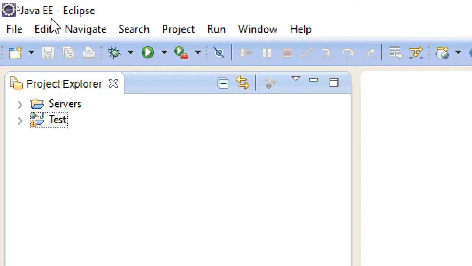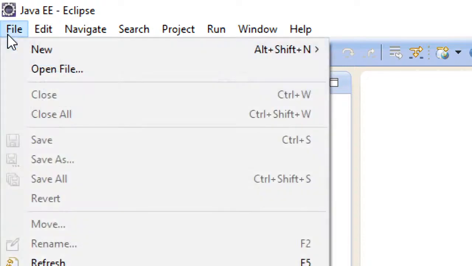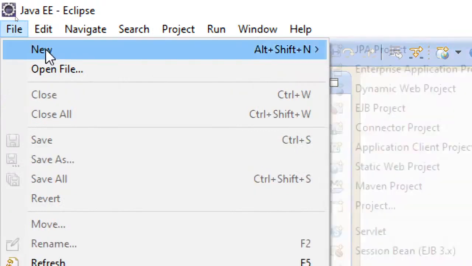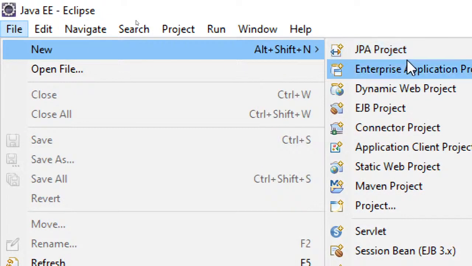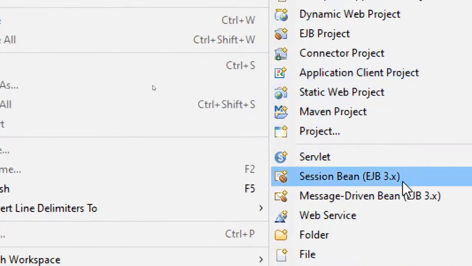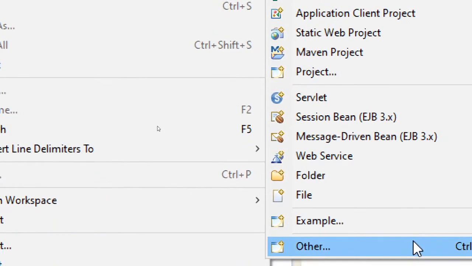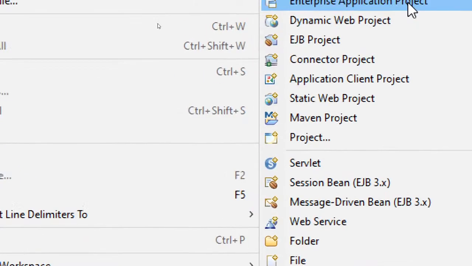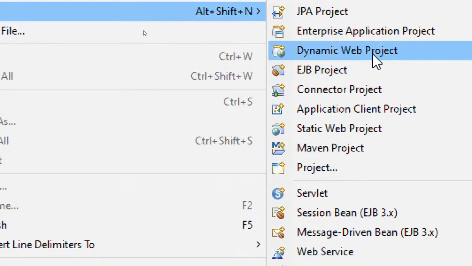And then for creating these servlets or JSPs, we will not go for the regular style of creating a Java project. You have to go to File, New, and there you must be finding dynamic web project.